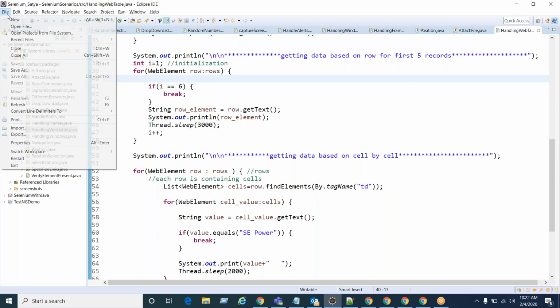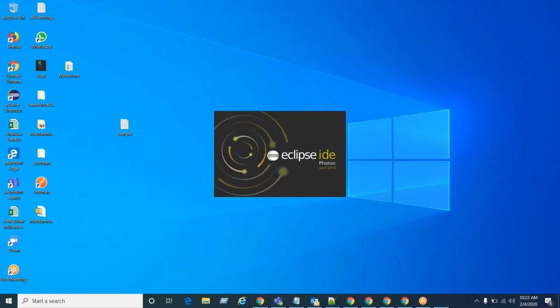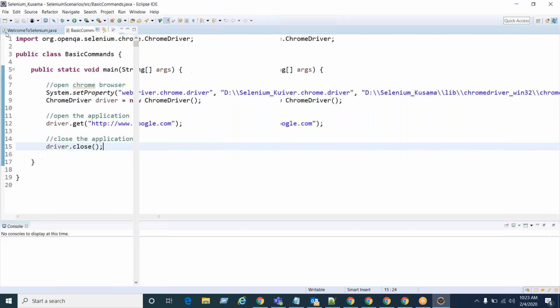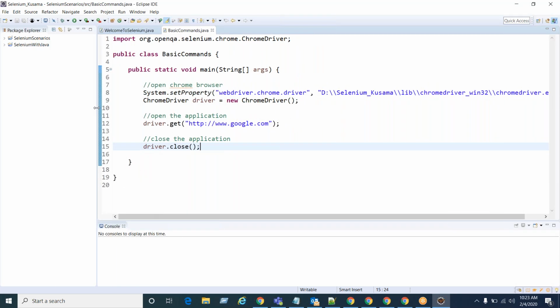Let me switch to your workspace. Go to File, switch workspace, and here. Kusuma. Right. See,